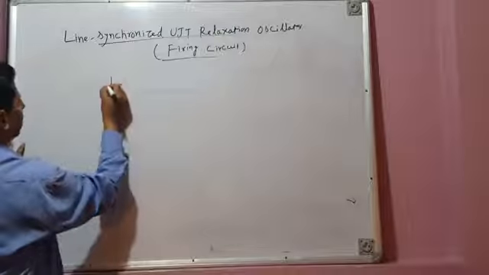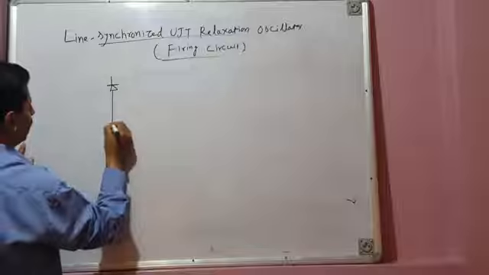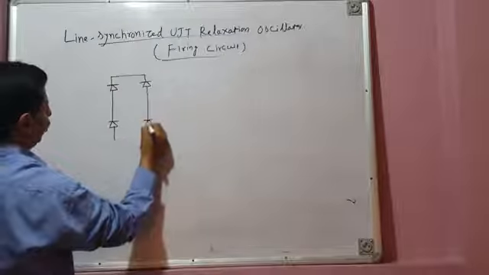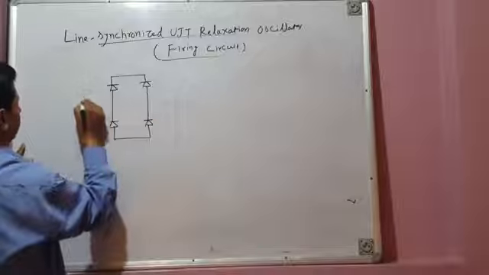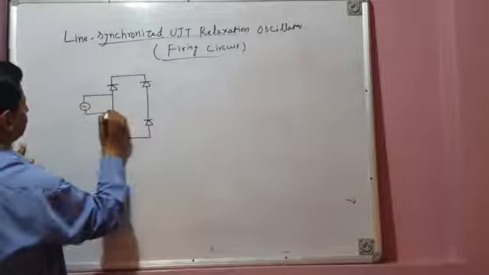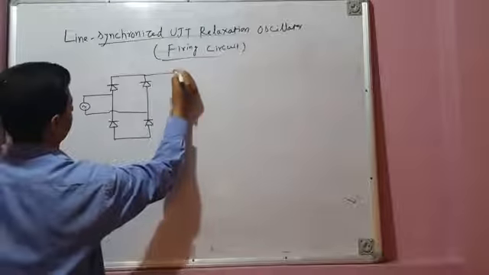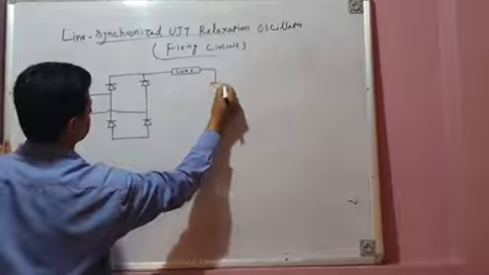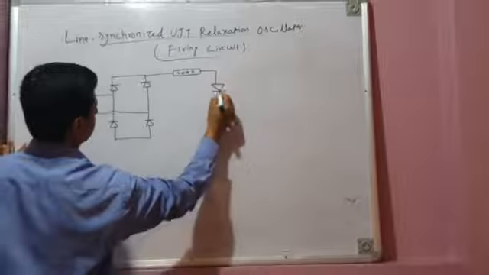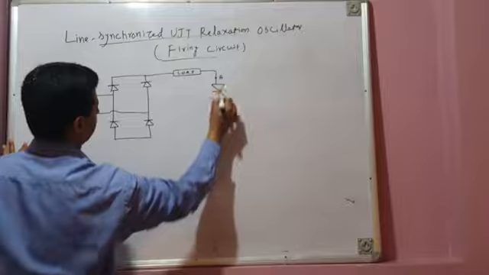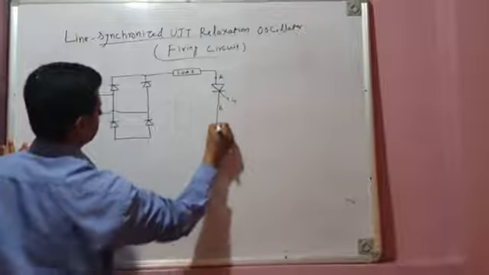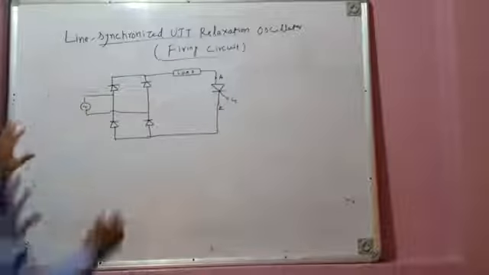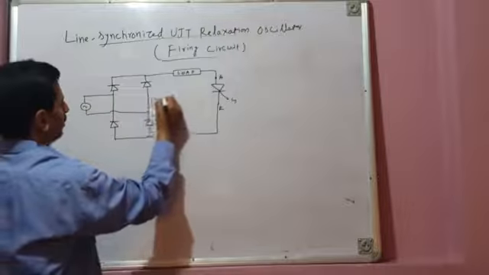To understand that, let me first of all show you the control of power or control of voltage through a load using a thyristor, an SCR. This is the load and this is the thyristor. Anode A, cathode K, and gate G. What is this? This is a rectifier. It converts AC into DC. So what type of DC supply do you get here?